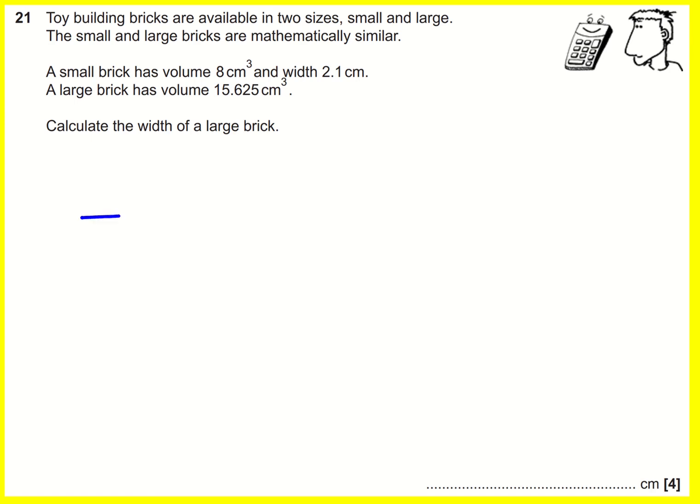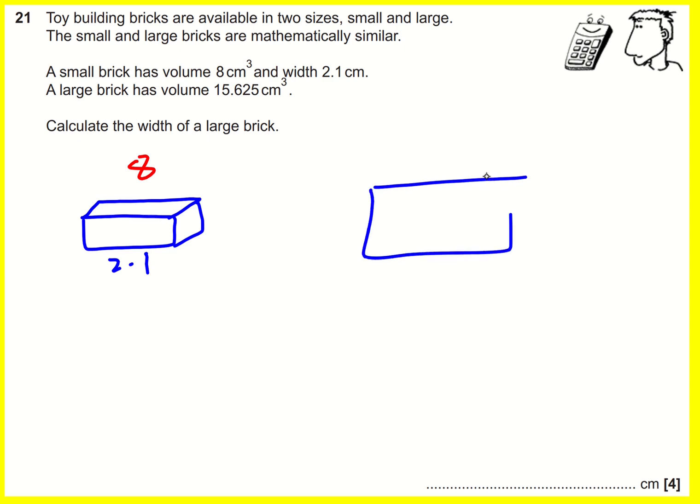Let's sketch these bricks out. So the small brick, let's assume, although it doesn't actually matter, assume it's the cuboid. Then what do I have? I've got a width of 2.1 and I've got a volume of 8. Okay, for the larger bricks, I don't know what the width is, but I've got a volume of